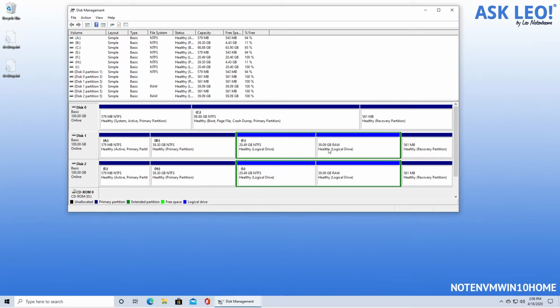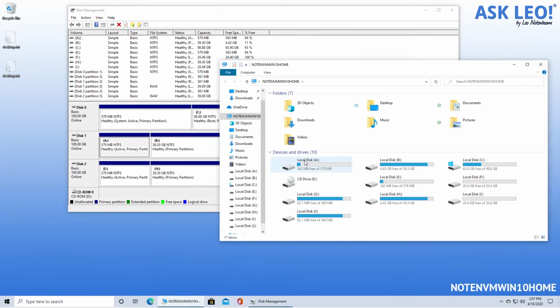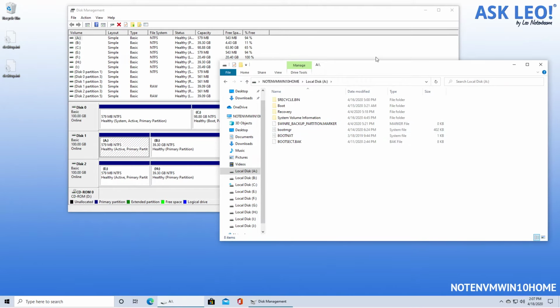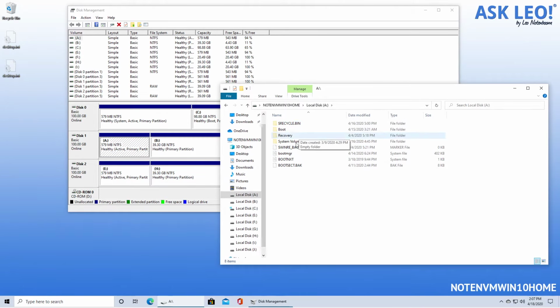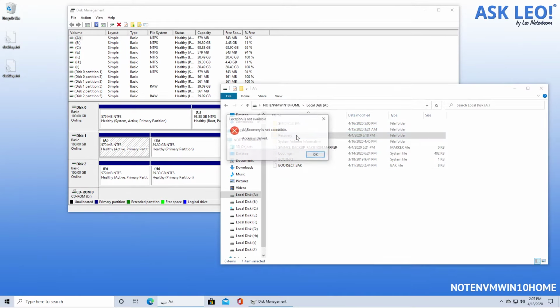So the first thing we're going to do is, well, actually, before we even do that, one of the things that helps people decide whether or not they need a partition is looking at its contents. Now, in this case, on disk 1, you can see that it has arbitrarily assigned some drive letters to some of the partitions. So, for example, A, I can take a look at A if I want to. I've fired up Windows File Explorer, and you can see that A has some stuff on it. Not a lot. It certainly doesn't have Windows,